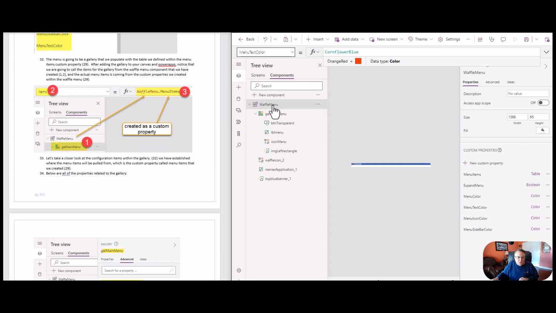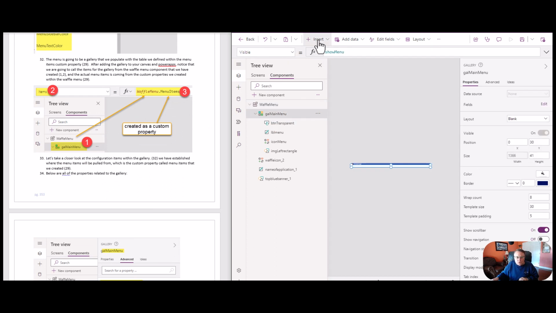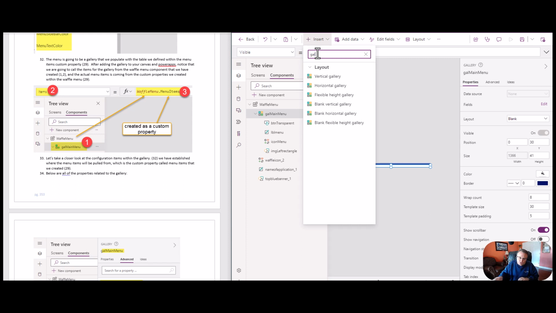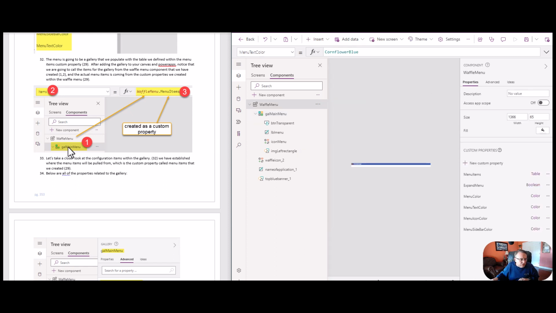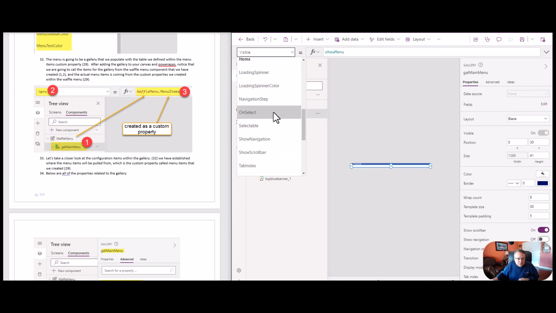So this is going to be a gallery right here, and we're going to do an insert. If you just search for gallery, we want a vertical blank gallery. So we're just going to set that up. And when we get in there, we're going to set the items property for the gallery, as you can see right here,